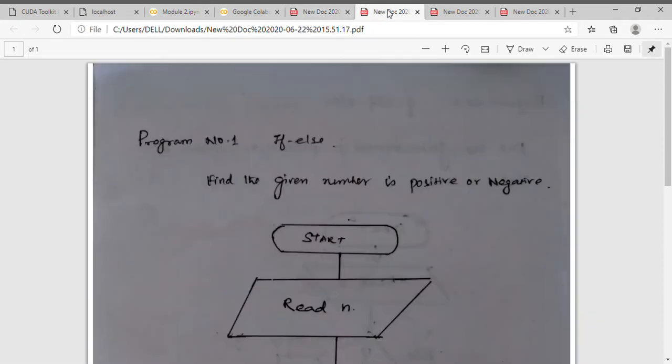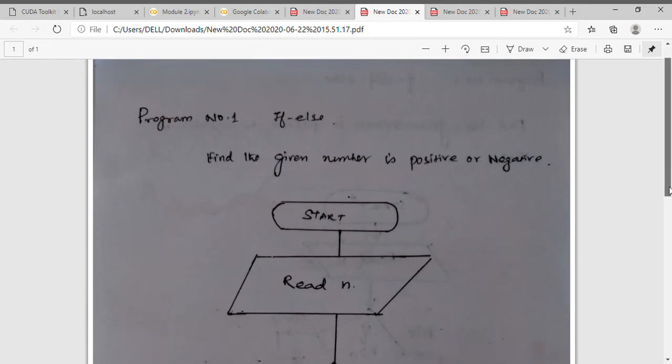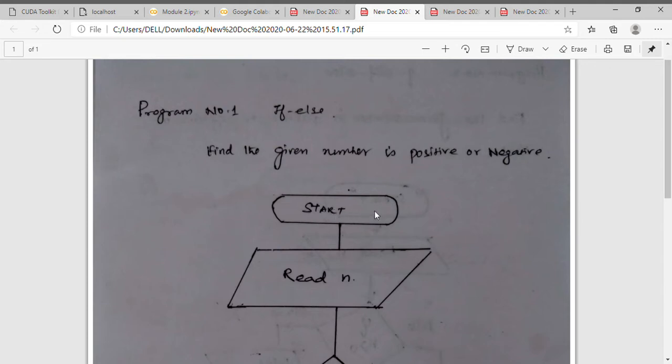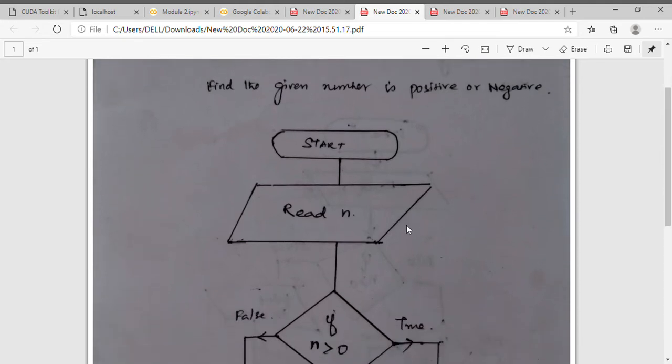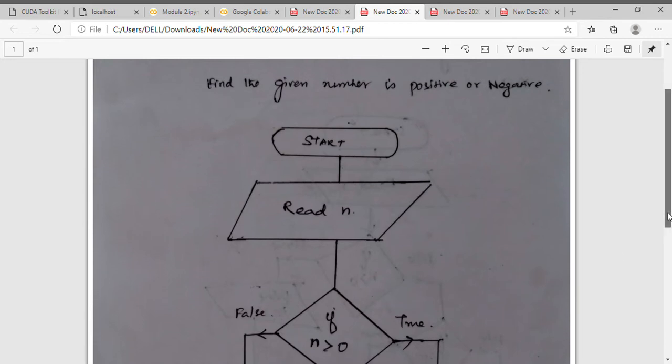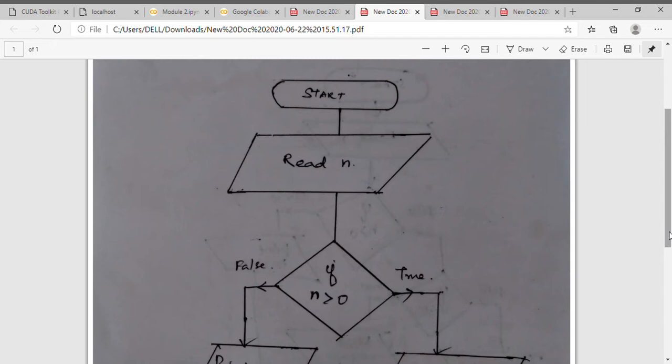Now, this is the flowchart of our algorithm. If you see the algorithm, the first step we have is start. So I put this symbol for start. Then second step, we are reading the number. So I put one parallelogram, inside that I write read n. Then third, I am checking the condition. Here I am going to use the conditional statement called if. If n greater than 0,